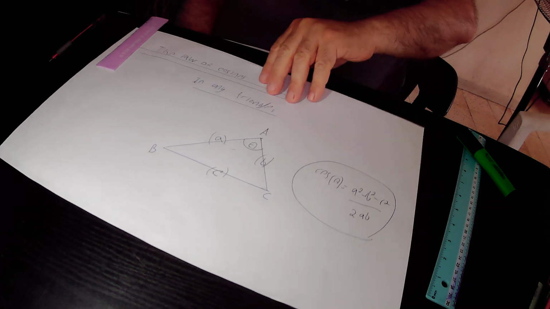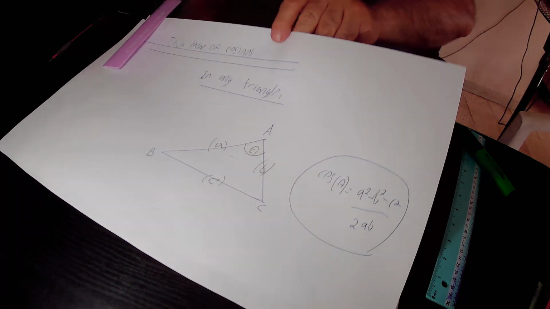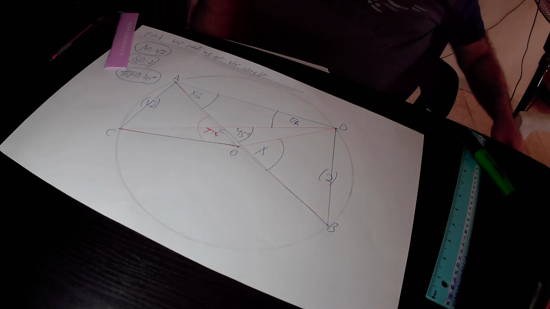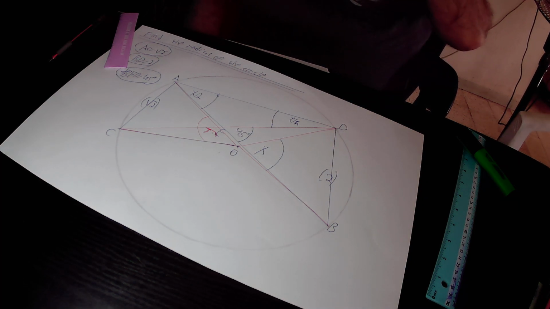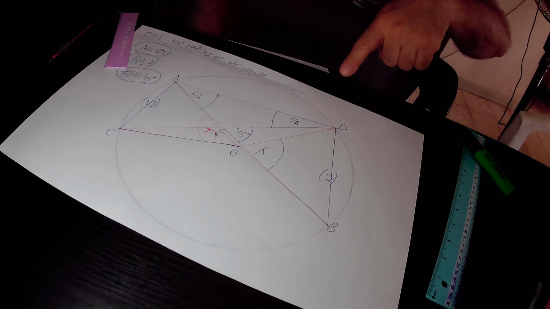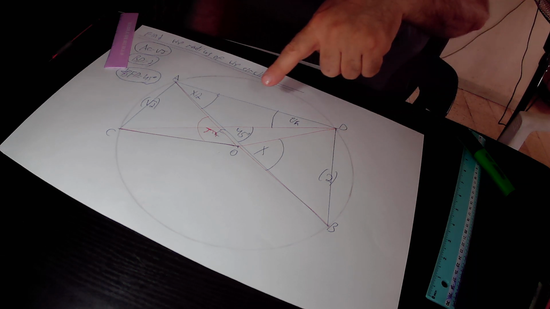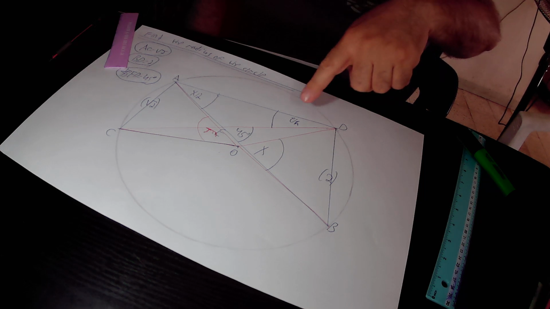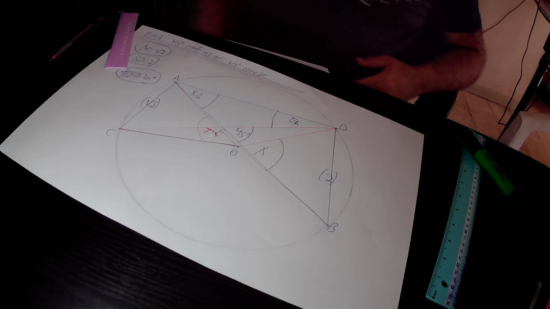Okay, so we can actually implement the law of cosines in our drawing. The law of cosines is true in any triangle, so we will implement it in this triangle DOB. I'll copy this triangle DOB in the new page, and we will implement the law of cosines in this triangle DOB. But before that,